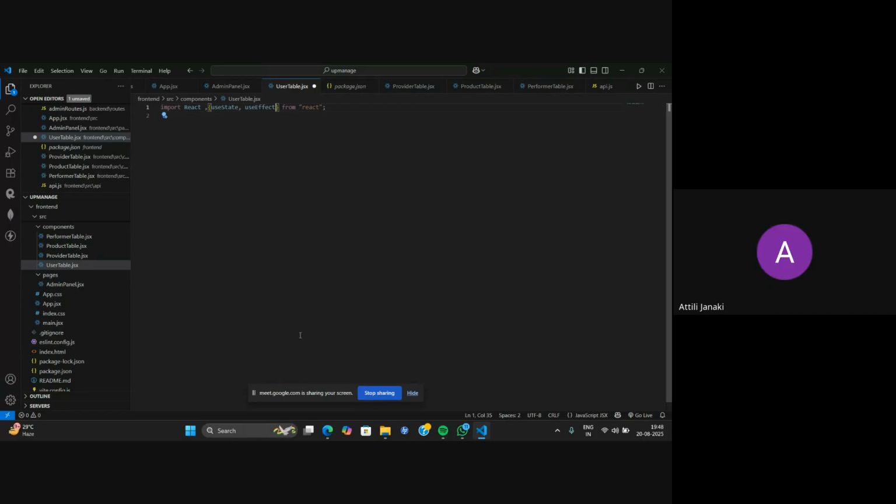We use them in order to provide some kind of functionality to our websites. That is why, in order to provide those kind of functionalities, we use the useEffect hook. So here, what I will do after importing them, I will also import